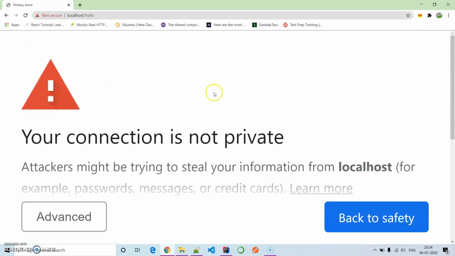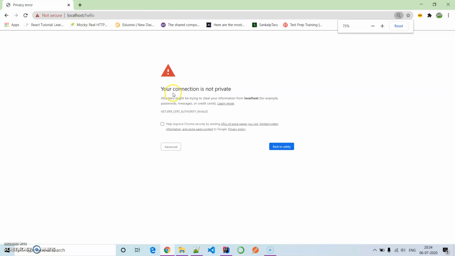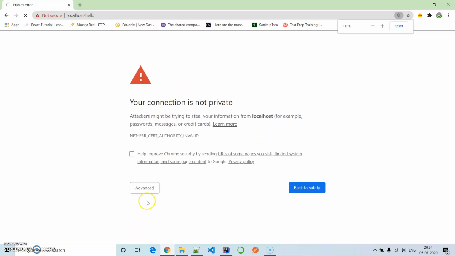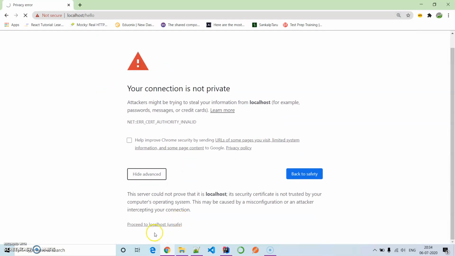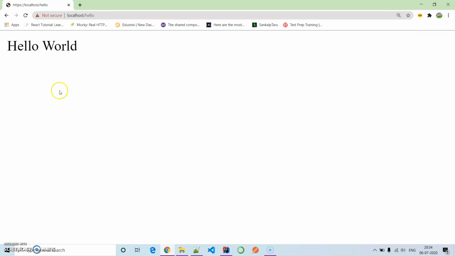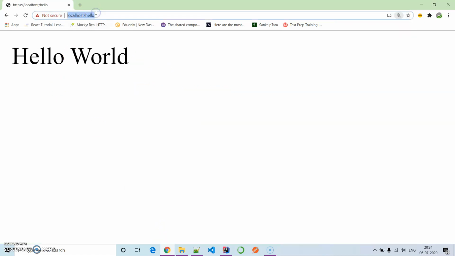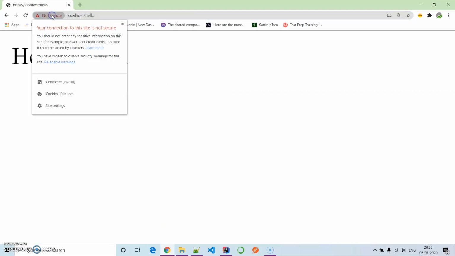Bad request. Your connection is not private. Let me go to advanced and proceed. Hello world. What I have used is HTTPS, but it says our certificate is not a valid one. It's an invalid certificate.